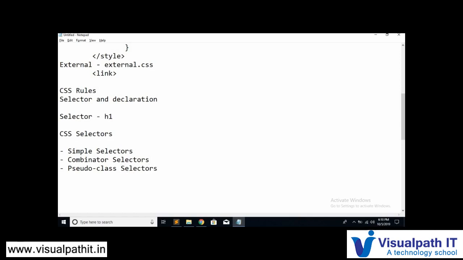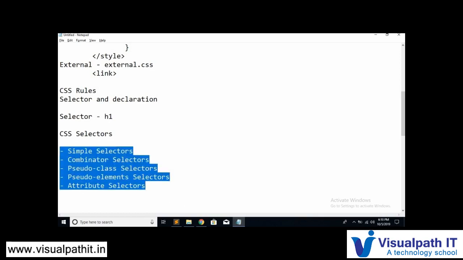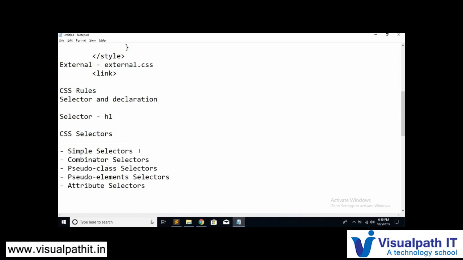The fourth one is the pseudo elements selector. And the fifth and the last one is the attribute selectors. So today we are going to talk about these 5 selectors. I'll give you the simple definitions of what these selectors are, and then I'll even show you some